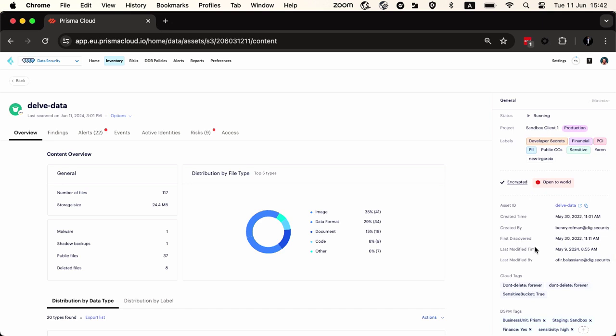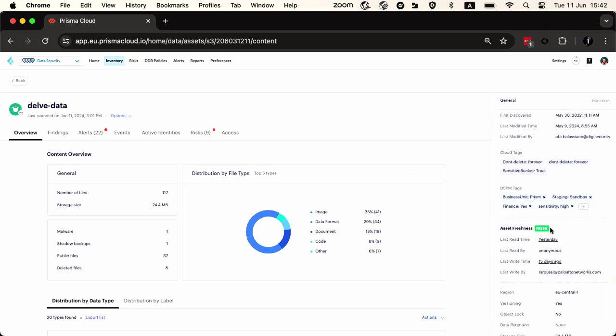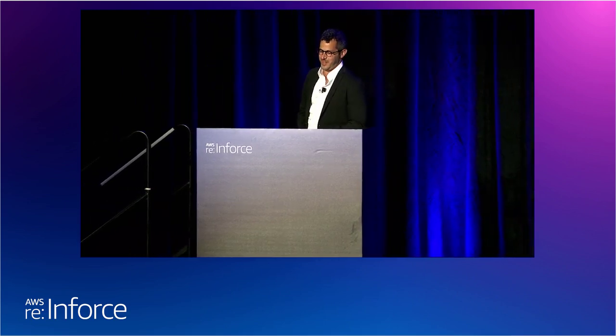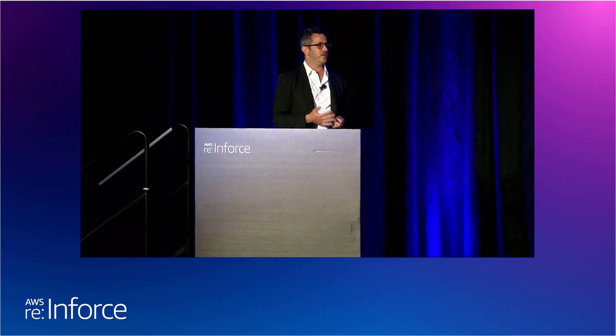All of this, of course, is done through analyzing access logs and understanding who specifically is interacting with each type of data store. That allows us to do data ownership. Any type of usage information. What we call asset freshness. This is something very unique to us. Typically, if we see some sort of violation with data, we need to be able to understand who owns it and whether we can delete it, right? Now, what we discovered today is about 45 to 50% of all data stores in the cloud are unused. We're hoarders by nature. We want to hoard data, right? And with freshness, because we look at data activity, we're able to tell you whether this data store is used, by whom, which applications use it, and so on.